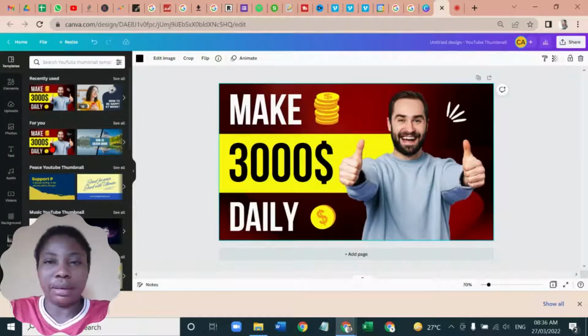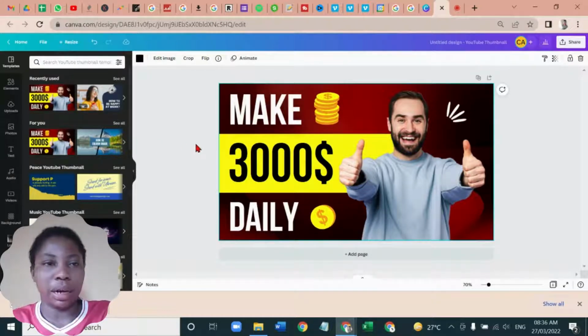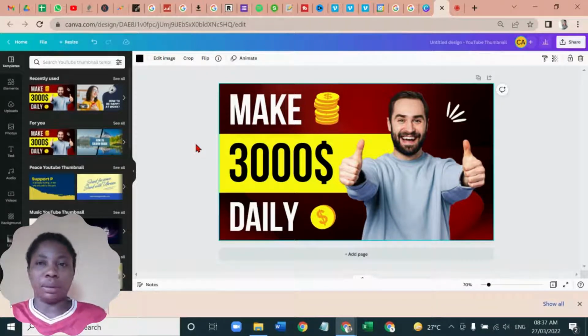So we want to rearrange this template to look like what we want, or you can better still delete it and start from scratch. But as a beginner, it will be easier for you to work with the template, so when you work your way in, you can now start designing, be more confident to start designing yours by yourself. So let's redesign this template and see what it looks like. We'll come here,